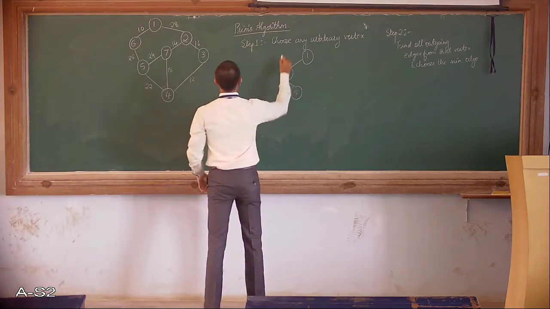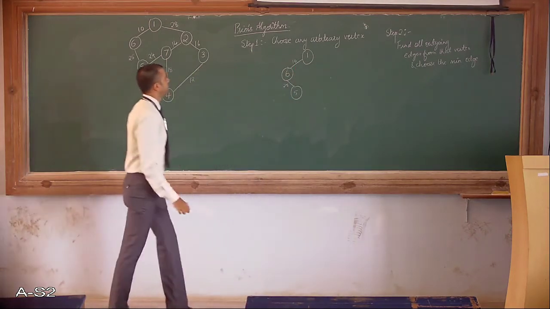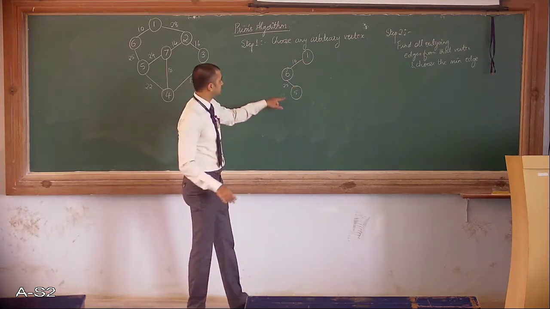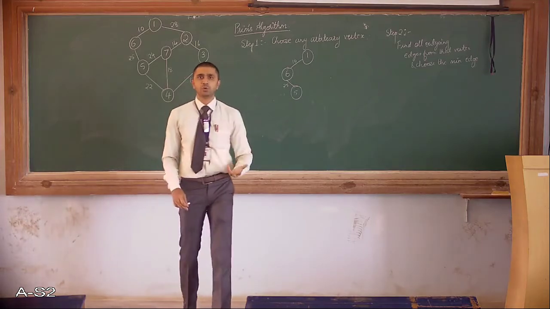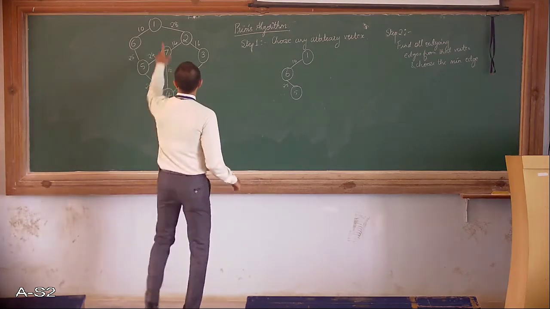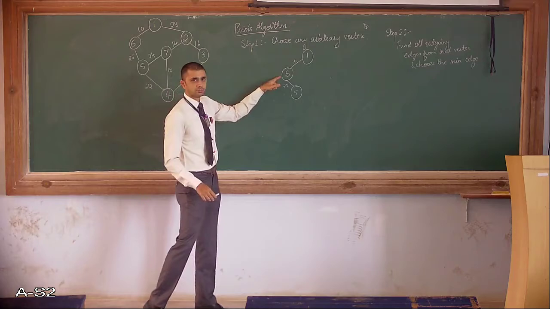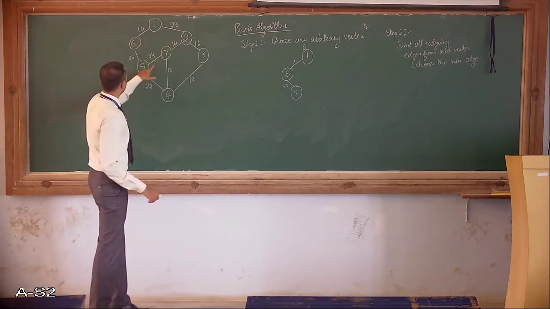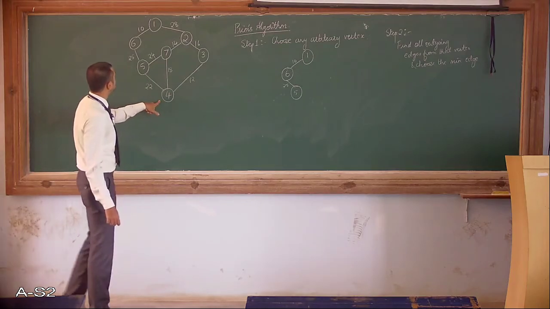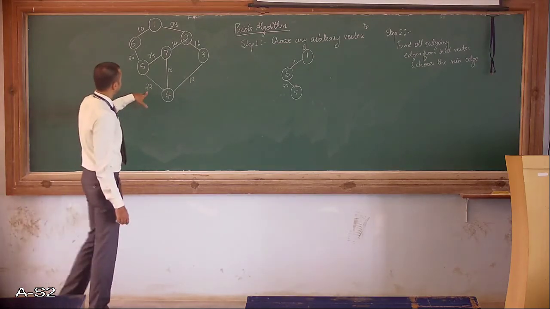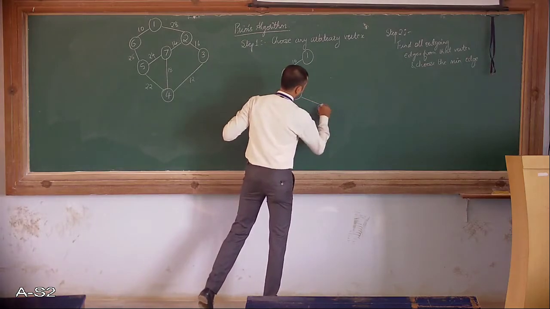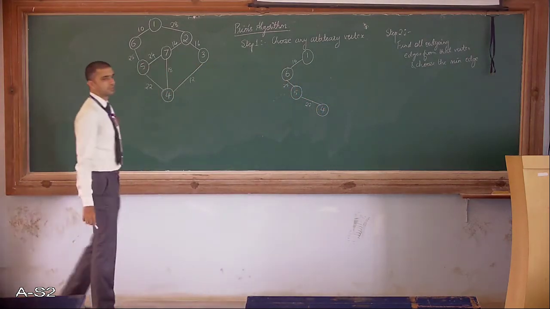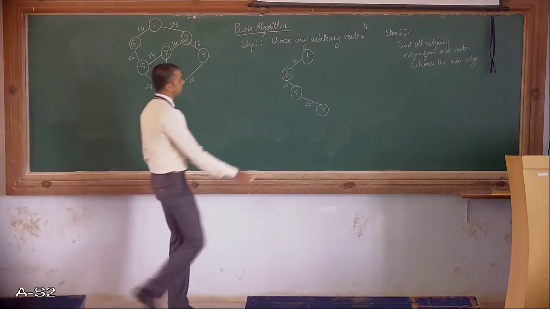Write down the cost as well, because we need to add it later. Next, out of all these 3 visited vertices, check all the outgoing edges and choose the minimum. 1 to 2, 6 is already done. So we have to consider 1 and 5. So 1 to 2 and 5 to 7, 5 to 4. Which one is minimum out of all these three? This 5 to 4. What is the weight associated with that? 22.